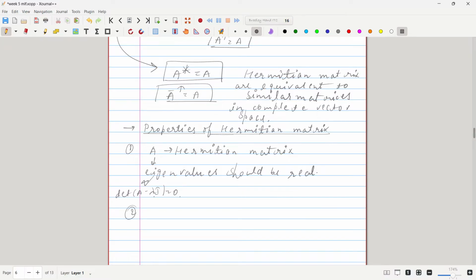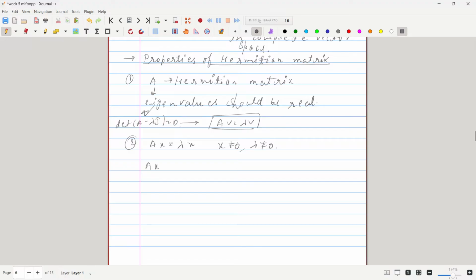Next property is the same as for eigenvalues and eigenvectors, how you find the eigenvectors: Ax is equal to lambda x. Same for a Hermitian matrix. Suppose Ax is equal to lambda x, A is a Hermitian matrix, lambda is the eigenvalue and x is the eigenvector. Here x should not be equal to 0. Now if you take the conjugate transpose on both sides of this,